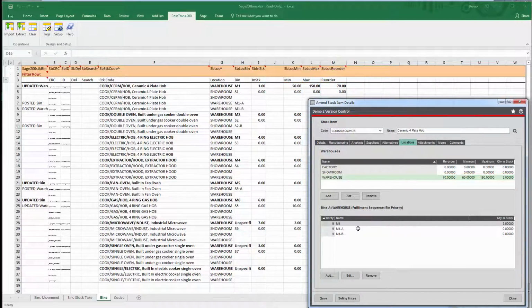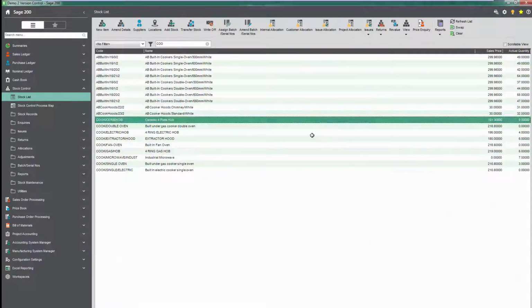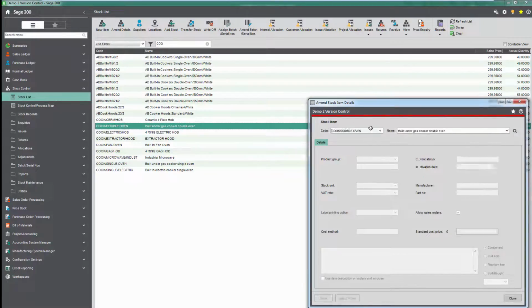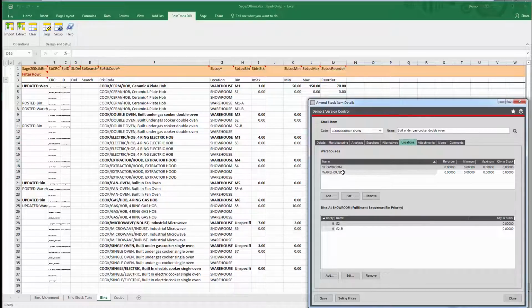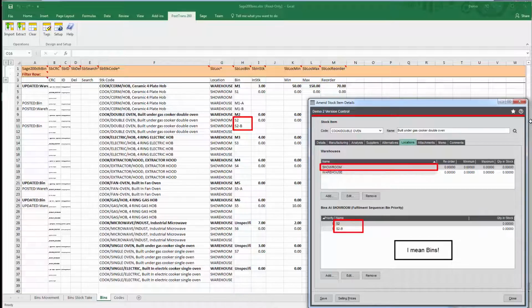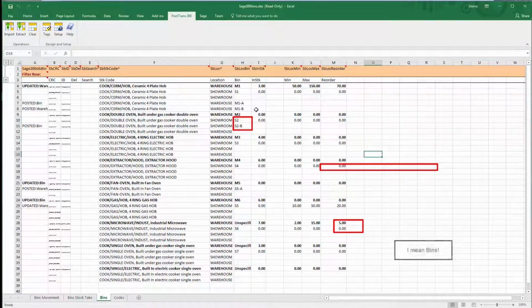If I click on warehouse, we can now see we've got M1 and we've got M1A and B created. I don't think we did anything in the showroom there. On the second item down, I don't know whether we can find double oven? No. Let's just go back to Sage, and we want the double oven, this one here. And we created 2 stock items in that showroom location. So we can see here that we quickly created bins